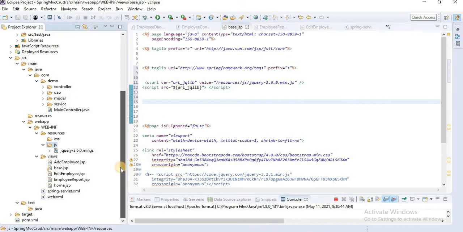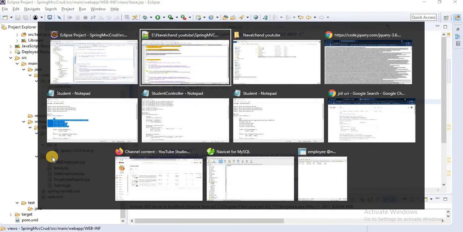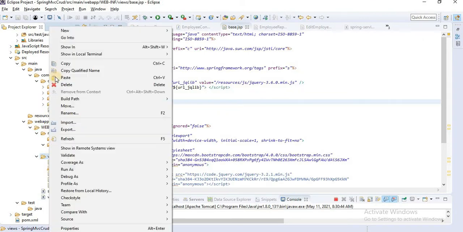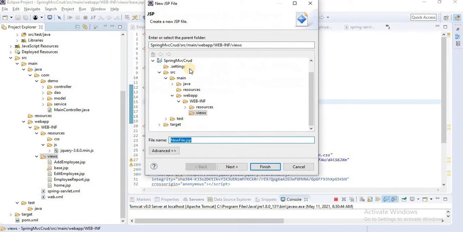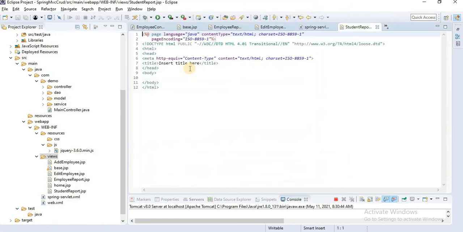Then we need one JSP page to perform the CRUD operation for the UI. So I'll simply create a new JSP page here, student report. You can see our student report file is added.